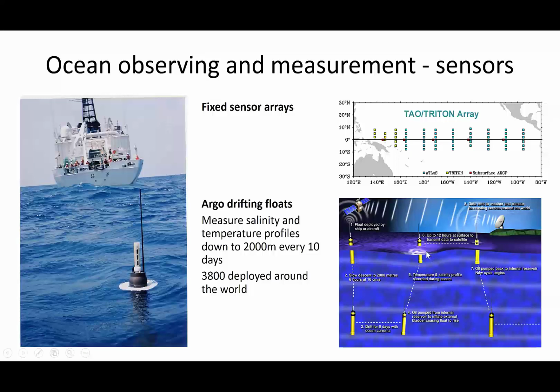Every time they come back to the surface, they transmit their information back to a satellite and it's recorded. So this is a much cheaper way of measuring what's going on in very remote parts of the ocean, rather than having to take ships out into the ocean. The average cost of running a ship like the one shown here would be roughly $100,000 a day. These ships only go about 200 kilometres a day, so it's a very slow process getting ships around the ocean and doing ocean experiments. These sorts of new automated ways of sensing and analysing the ocean have made a big difference to oceanography and our understanding of the ocean.